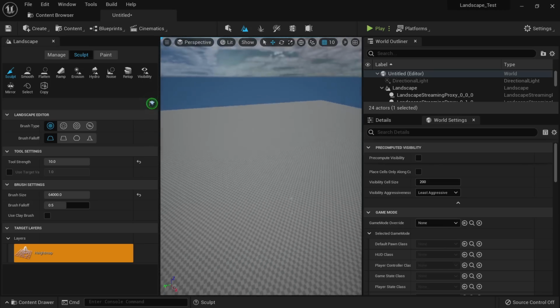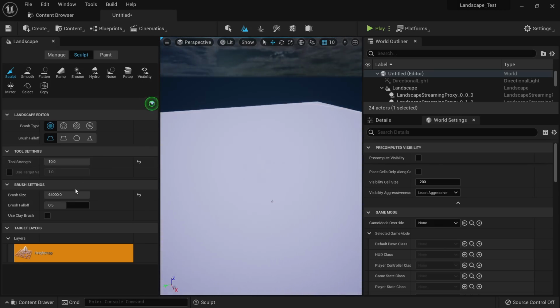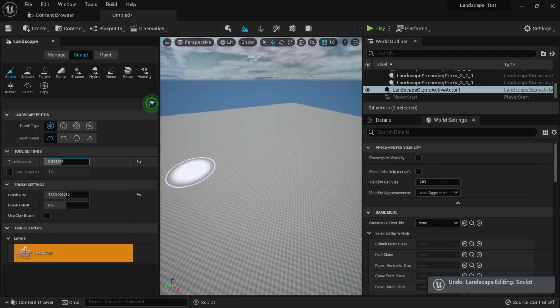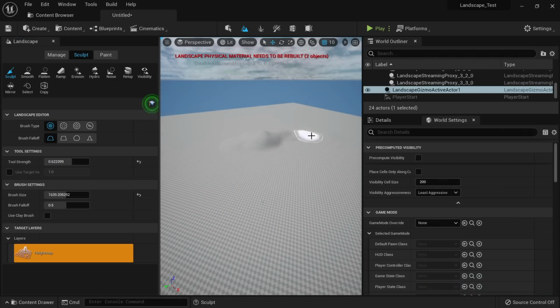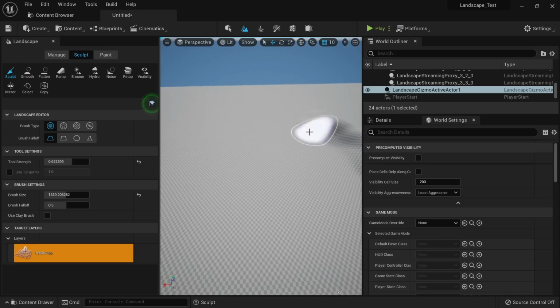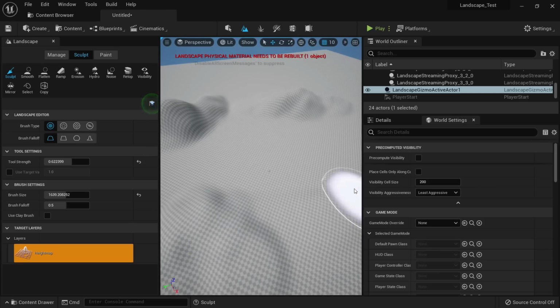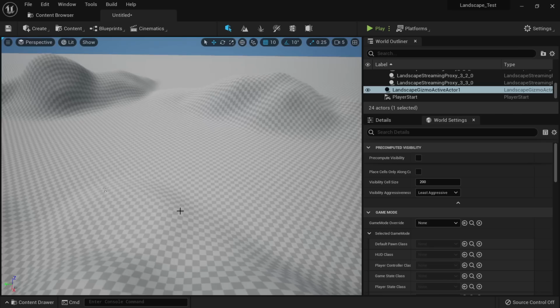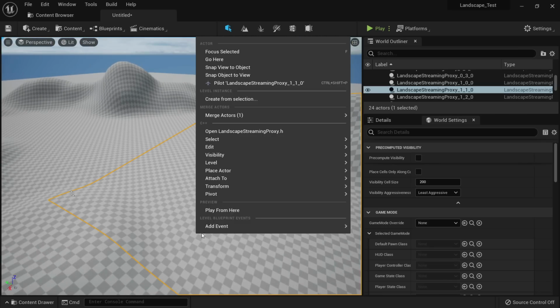Okay, so this is it, and I will sculpt something here, just so I can take a look at something here. There you go, something like this, okay? All right, so I have my landscape here. So when I play,